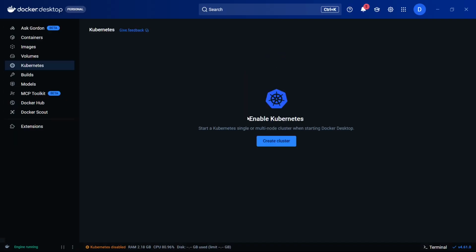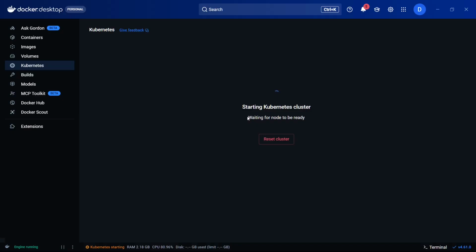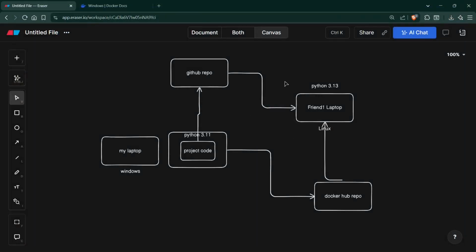So my Docker has been successfully installed. If it's not installed in your case, just pause the video, install Docker Desktop, and open Docker Desktop.